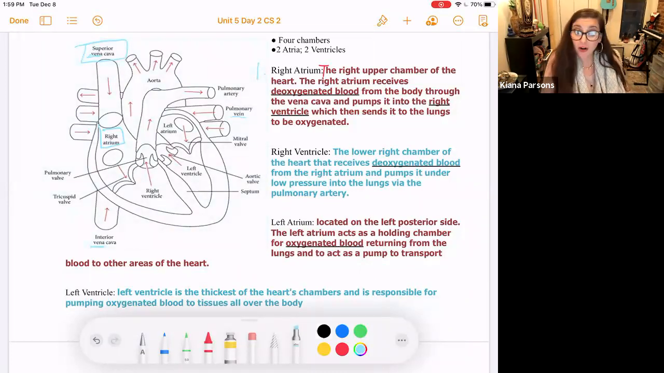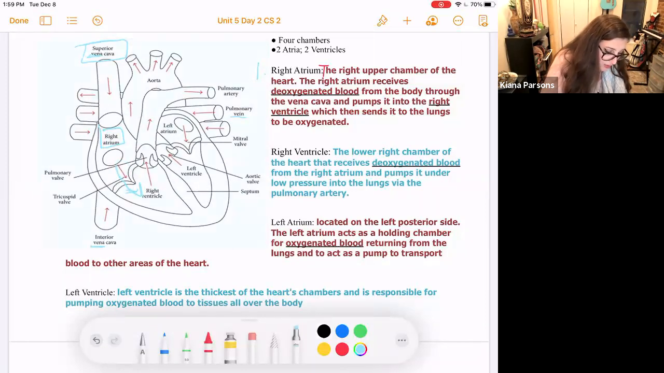And there are also arteries that are connected to your heart. But the right atrium receives blood from a vein. So that means it receives deoxygenated blood, or blood with no oxygen in it, from the body through the vena cava and pumps it into the right ventricle. So we're going this way